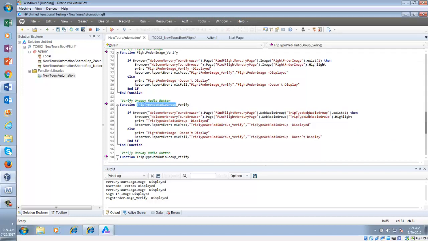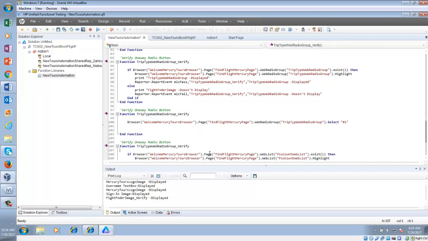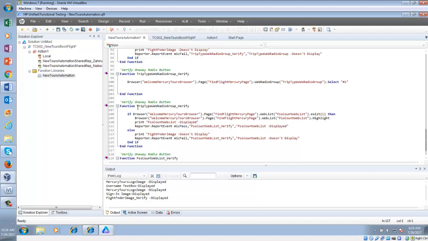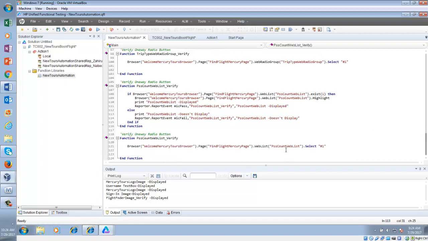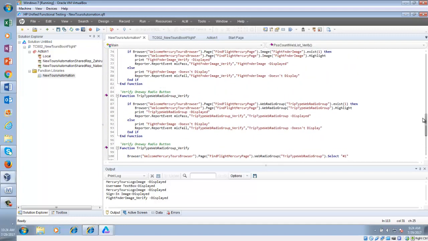Now let me show you what I did here. So this will be web list, right? So we have all of the web list everywhere. We have verified passenger web list, and then one thing I forgot to change here is one.